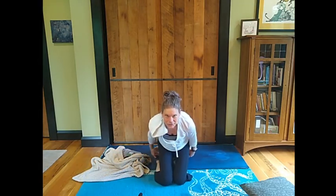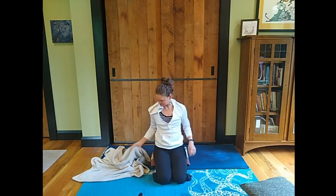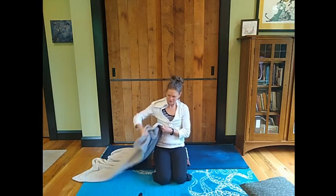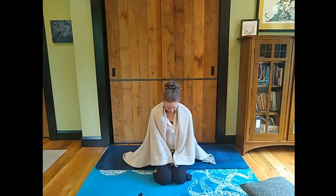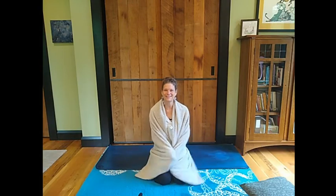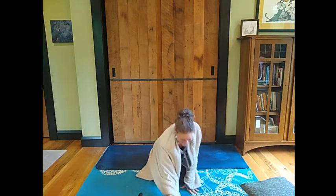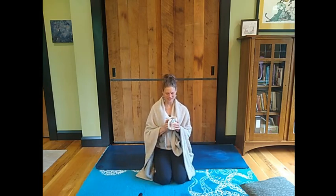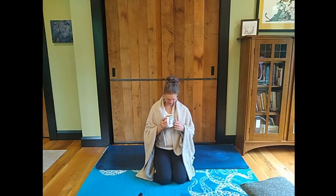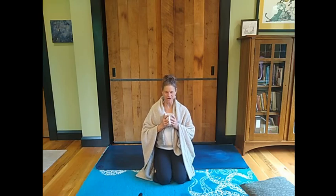I'm going to use a pillow to support my hips and use a blanket around me. Feel that sense of tucked in. Taking your tea or your water and just holding it at your heart,